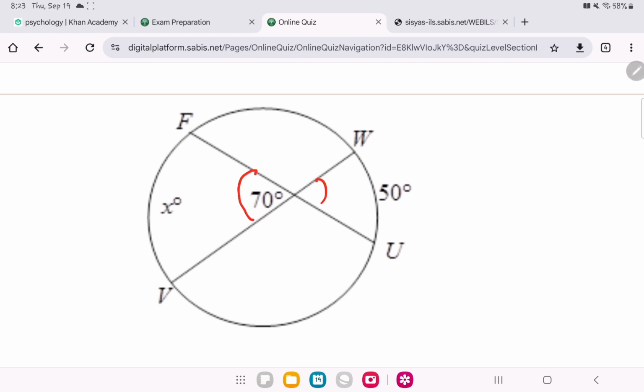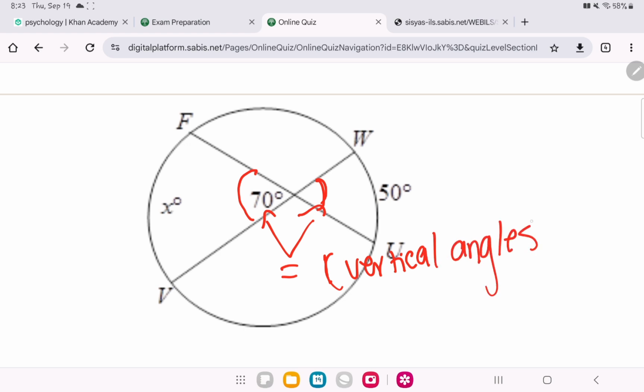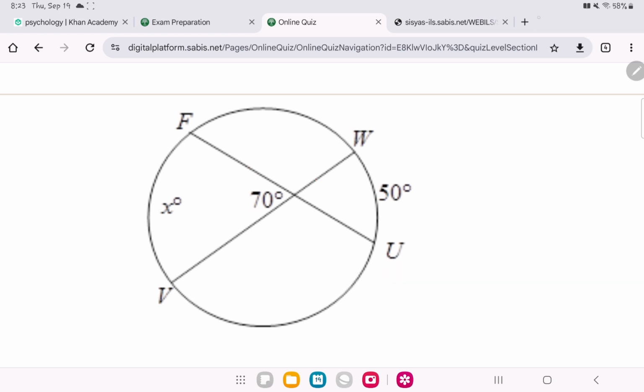We're gonna take this interior angle. It's the same as this one. Why? This one and this one are equal because they are vertical angles. Okay, keep this in mind. This angle over here and this angle over here are equal. So,